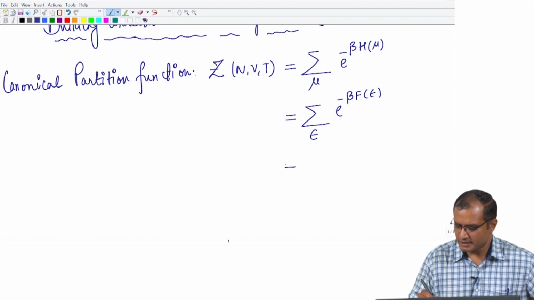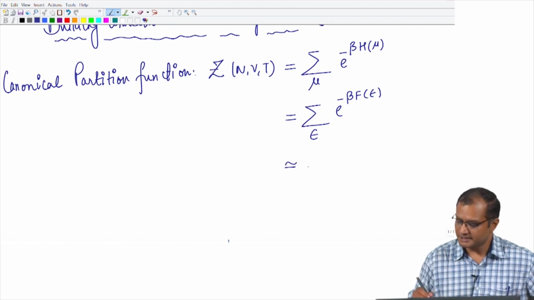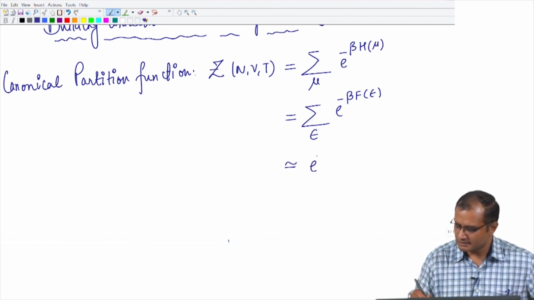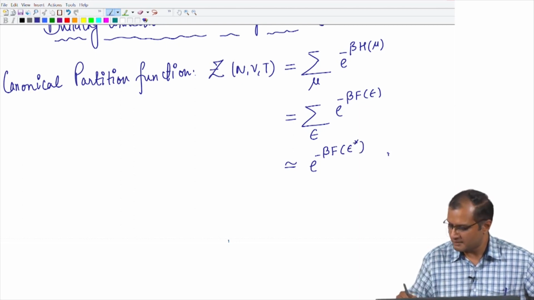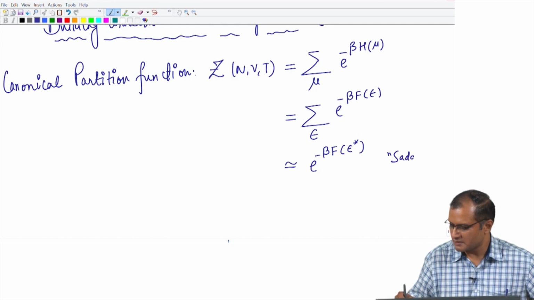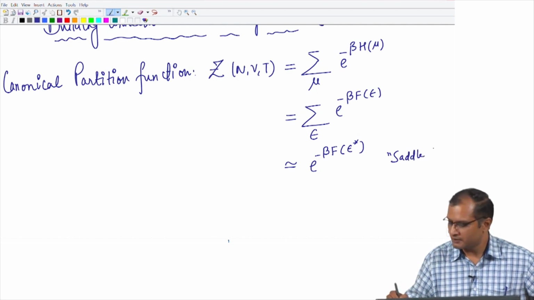So, it can be approximated by the largest value in the summand, which is e to the power minus beta f, the energy which minimizes f. Okay. So, by saddle point, which was stated without proof,